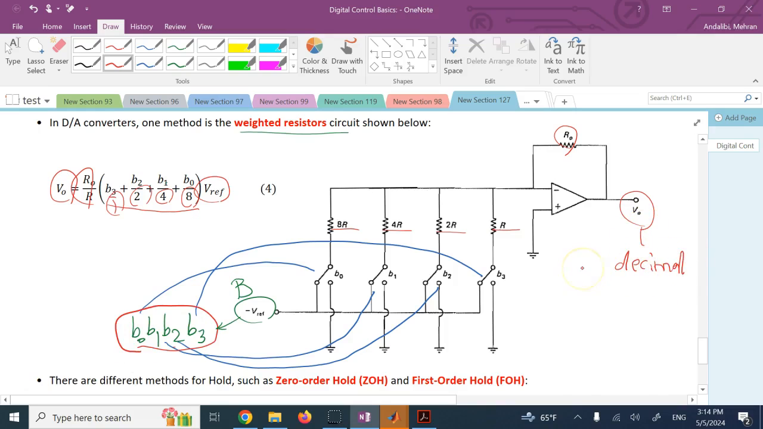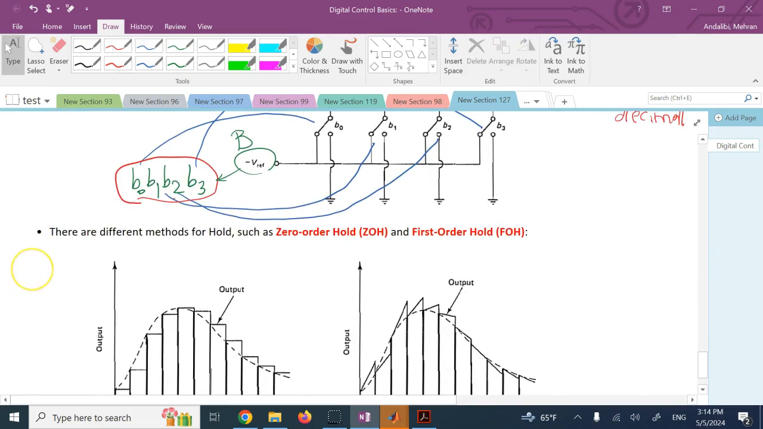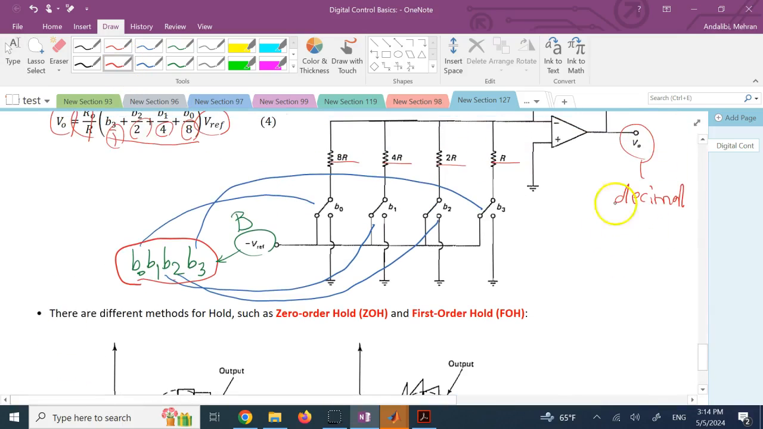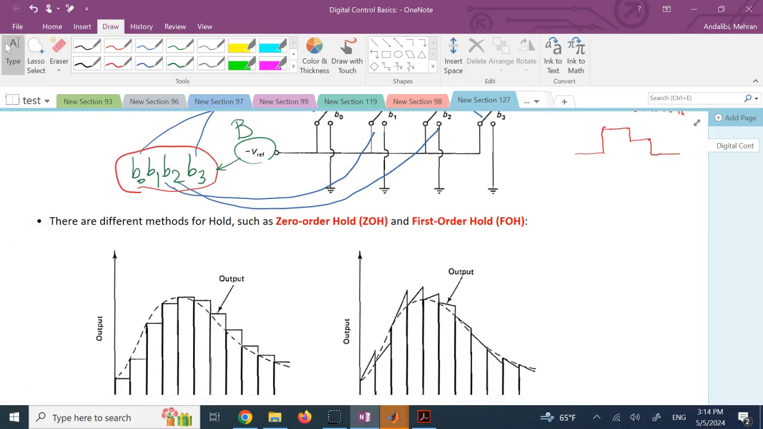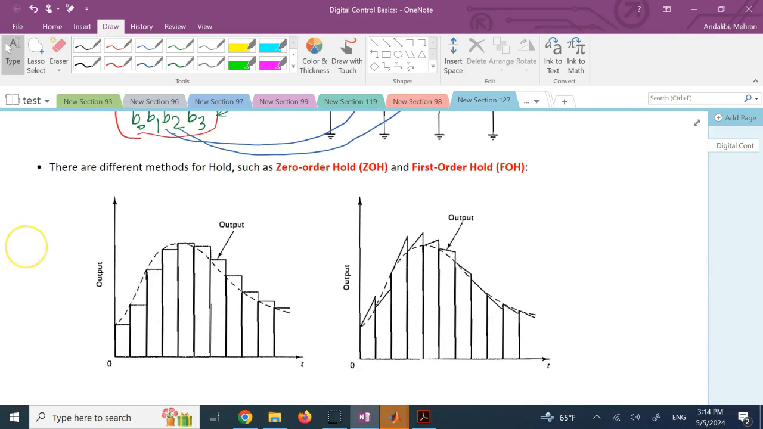And now that that decimal is generated, I'm going to use a hold circuit to keep that level of decimal constant between one sample time and the next sample time. So I can get an analog signal, something like that. Okay? Now, there are different ways to hold the value of a voltage over a sample time, and one of